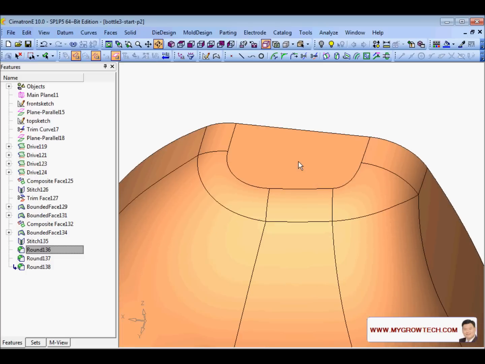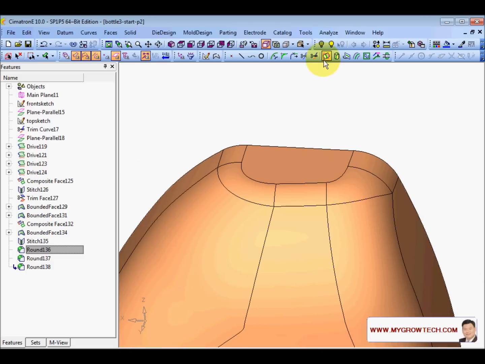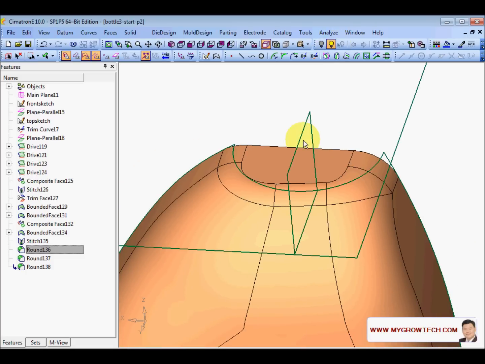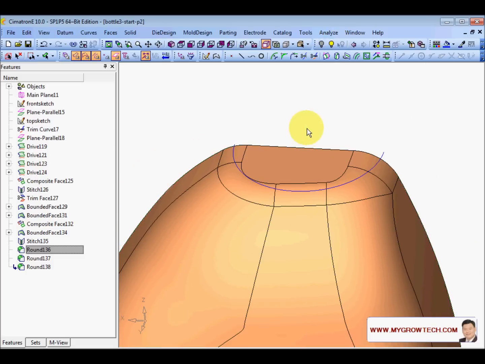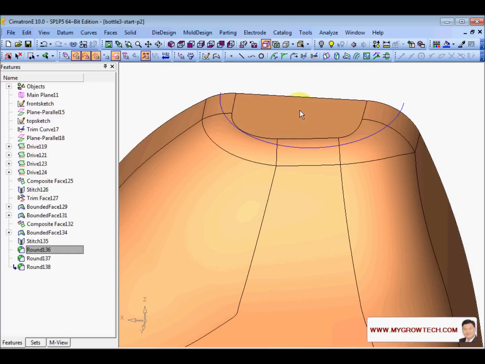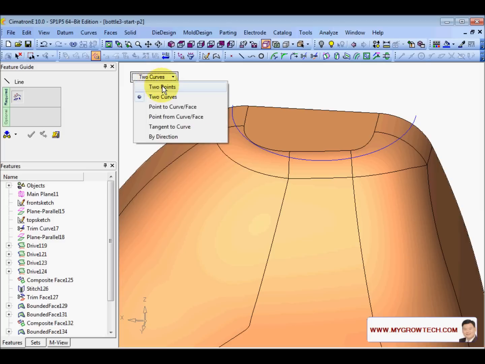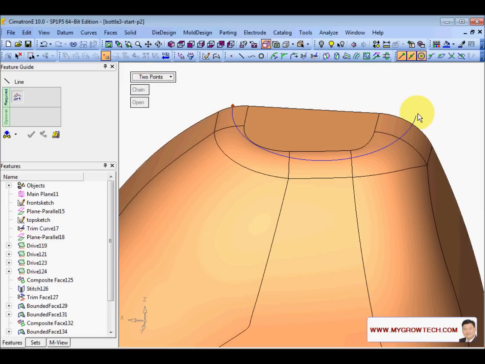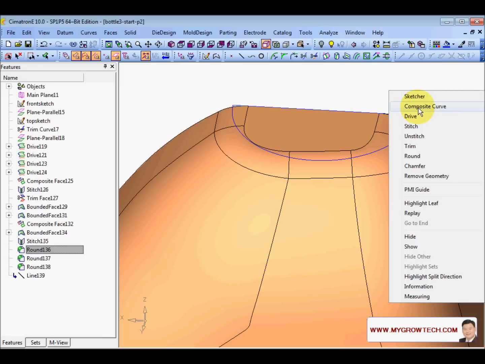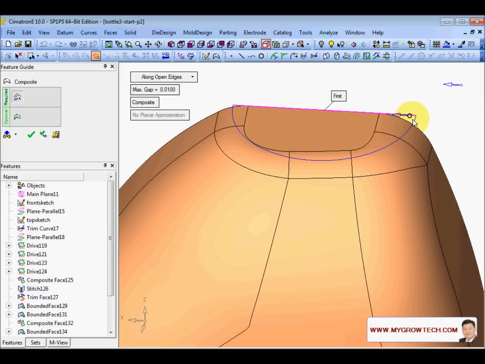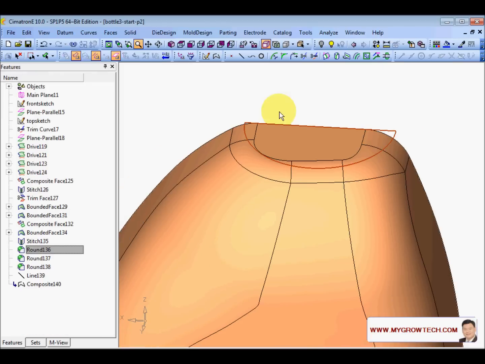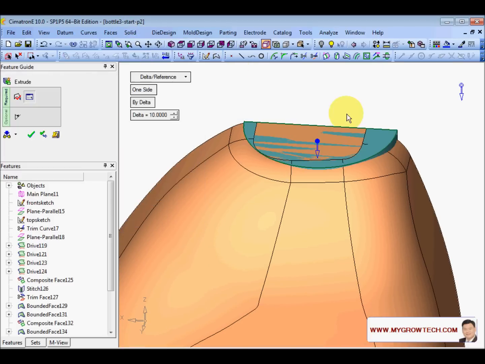And next I'm going to create a neck. Let's show this sketch here. This one. This neck here. Let's join by 2 points. This here. And create composite curve. Then create solid, new extrude,